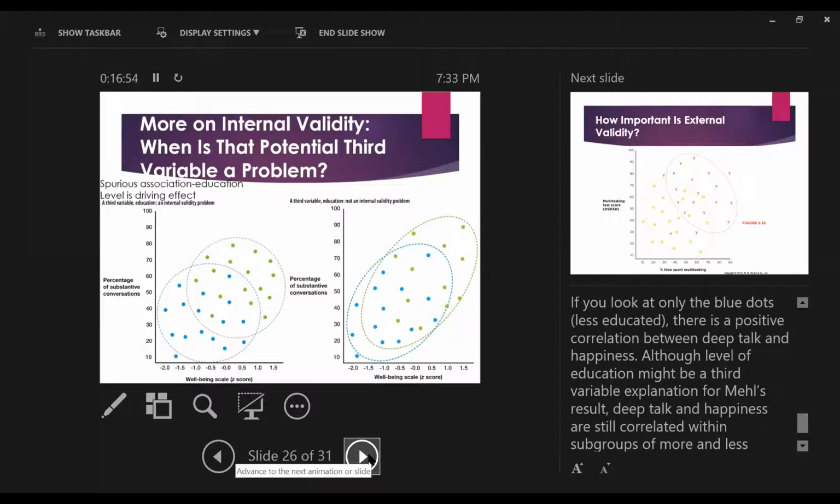Really, the take-home message here for you guys is, whenever you're looking at a relationship between two variables, it is important to ask yourself: could there be a third variable that has an even stronger relationship to each of those two, that's kind of hidden behind the scenes? That would be more important to talk about than just the relationship between those two specific variables.